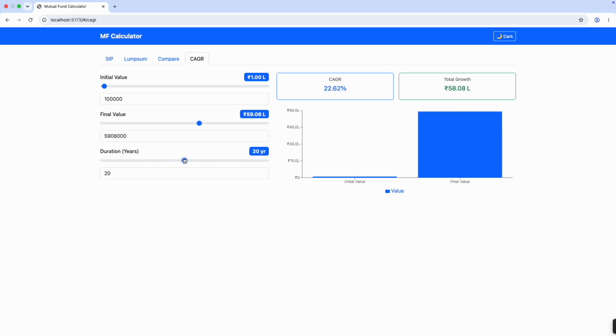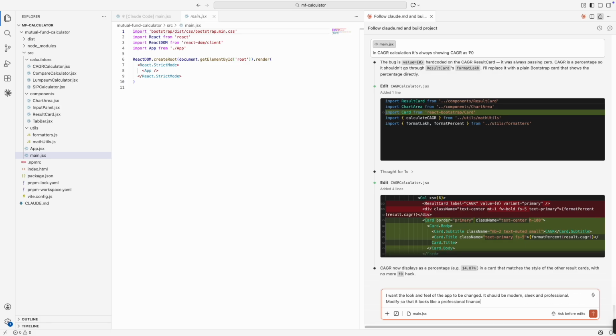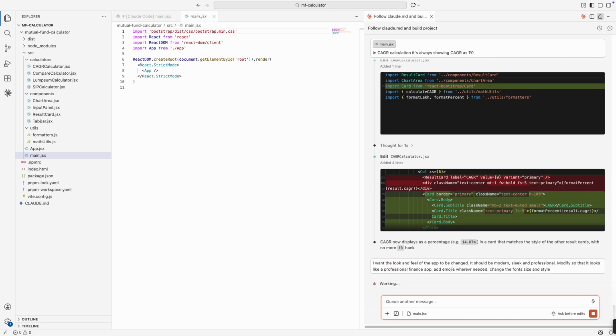Now the last thing left is the look and feel. Right now it does not feel very professional, more like a college project. So I will ask Claude to redesign it to look more polished, add some finance related images and improve the overall styling. I also want to change the fonts. Since the current ones are quite basic, I will have it pull better fonts from Google Fonts and adjust the